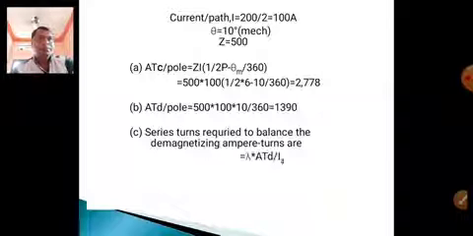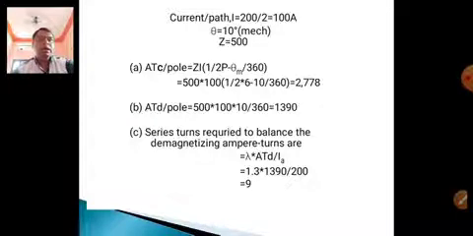What is ISE current? ISE is 200. IA equal to ISE. So here the constant is given, lambda equal to leakage coefficient 1.3. So here the series number of turns is multiplied with the coefficient. So that is 1.3 into 1390 by 200. So we get the value of 9. So 9 means here 9 number of turns to be added to neutralize the demagnetizing components. So when we are adding the 9 series conductors, we eliminate the demagnetizing conductors.